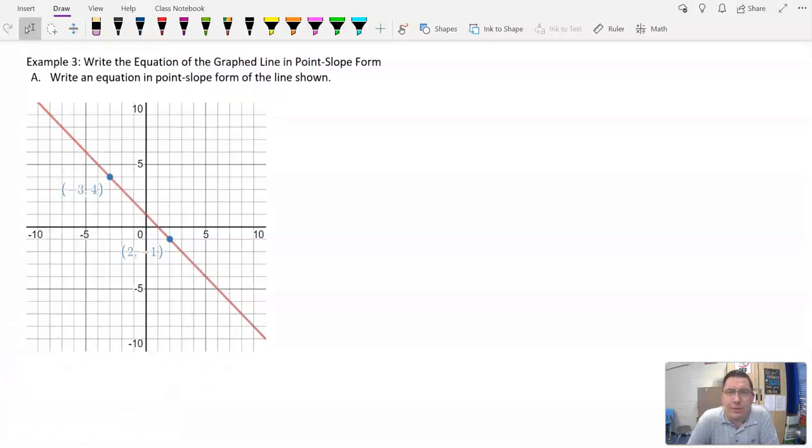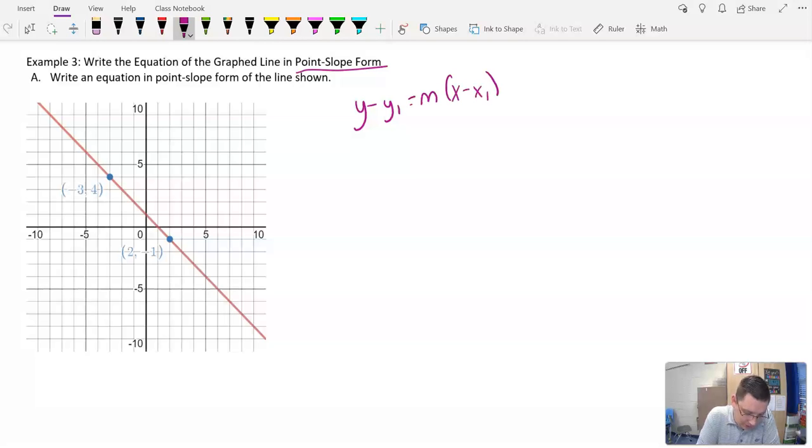So in example 3, we're given a graph, and we're given 2 points that are on it. Now, you're not always going to be told that, hey, here are 2 points to use, but we can figure most of this out as we're looking at it. So we're given the point negative 3, 4. We're given the point 2, negative 1. To be able to put it into point-slope form, I've got to be able to use the point-slope form. So y minus y sub 1 is equal to m times x minus x sub 1. Well, I've got a place to put one of these points, but I need a slope. So before I can plug into this, I've actually got to plug into the slope formula to find the slope